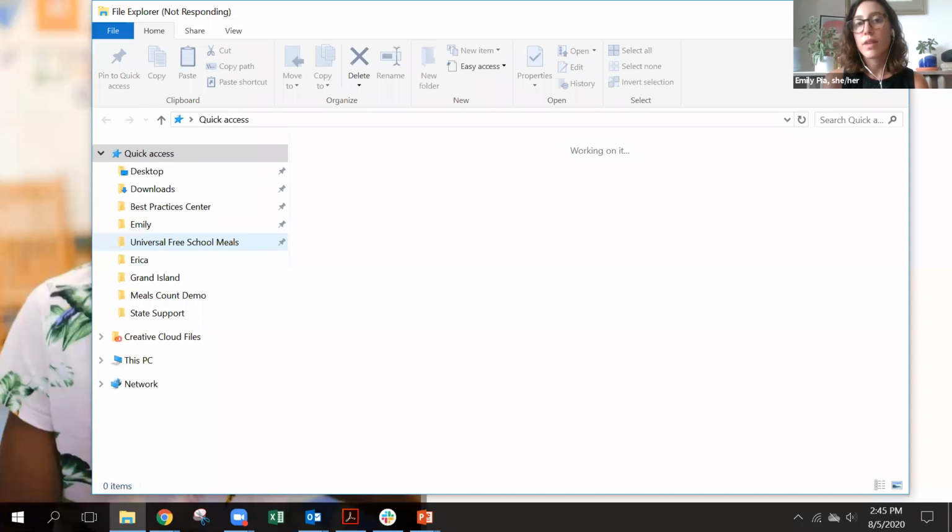Yeah. I think the other piece is, although for many states the identified student percentage and total enrollment is publicly available on state agency websites and, for example, on the FRAC CEP database, the tool also includes ADP in breakfast and lunch, which is not publicly available data. So to expand this tool as it is in California, we're probably going to have to get some MOUs with state agencies to be able to preload that data in.